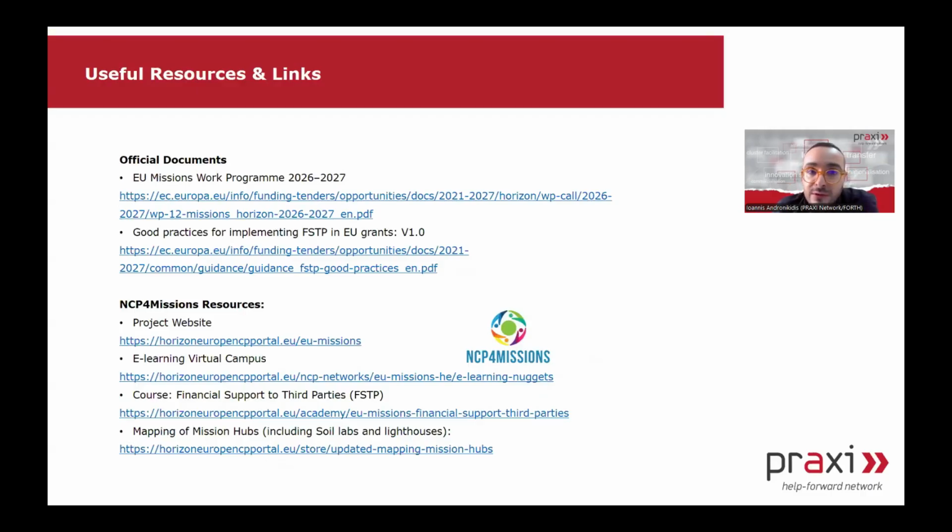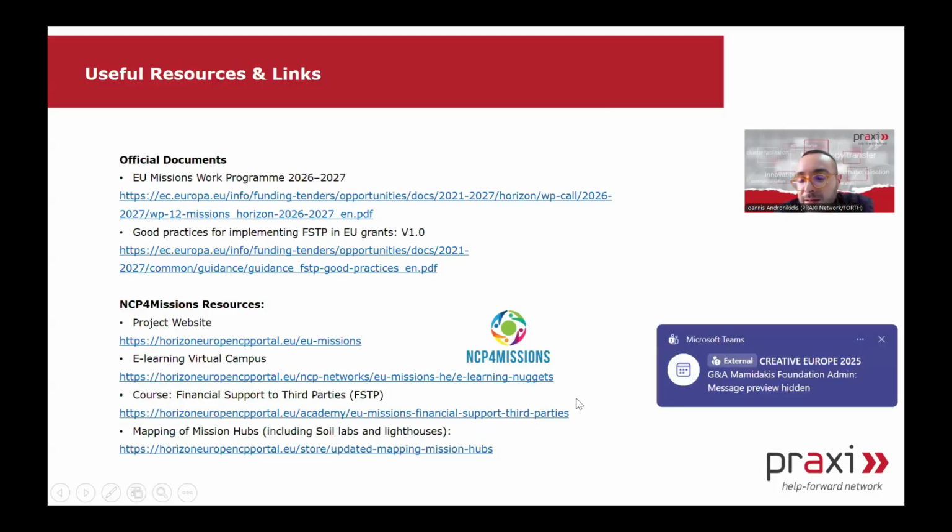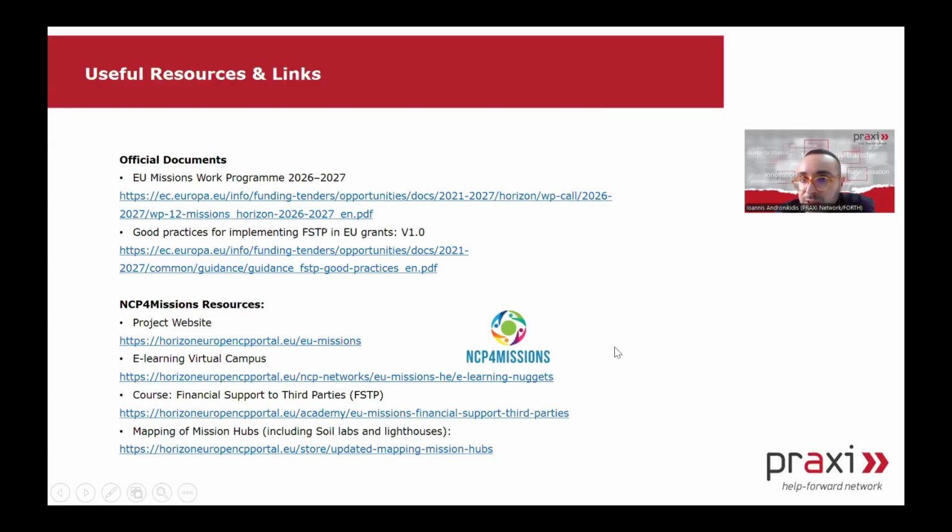I'm ending my presentation with some useful resources and links. Of course, the work program, and an official document about good practices for implementing financial support to third parties. We saw that in the 3 calls, there wasn't a clear, official inclusion of FSTP in the joint call in particular. And then you can see some useful resources we have developed in the context of the NCP for missions. I have here the project website where you can also see events that you could potentially join if you want. The virtual campus that I mentioned